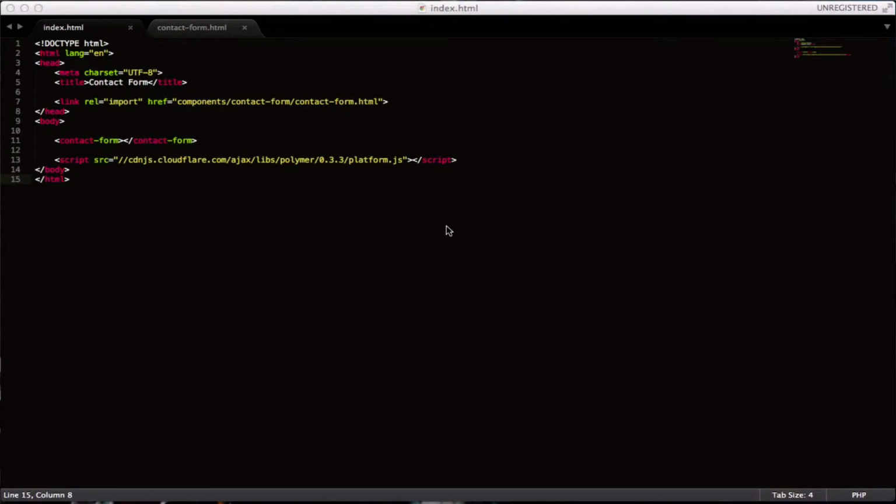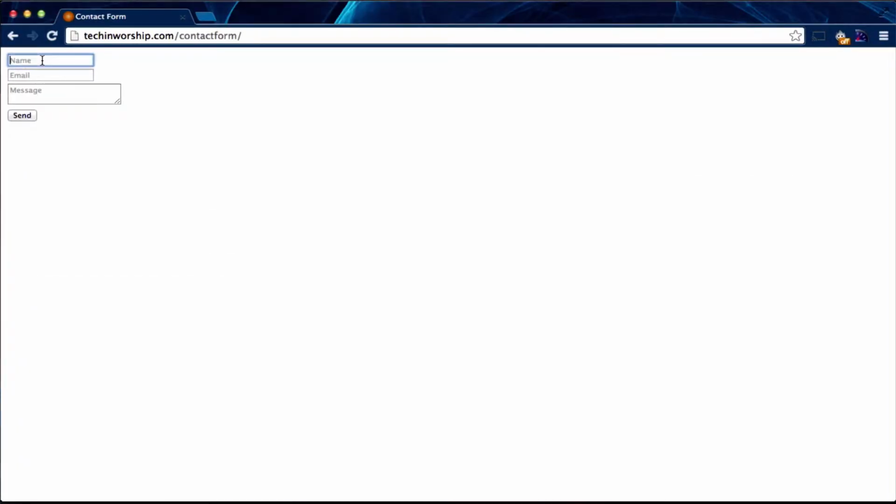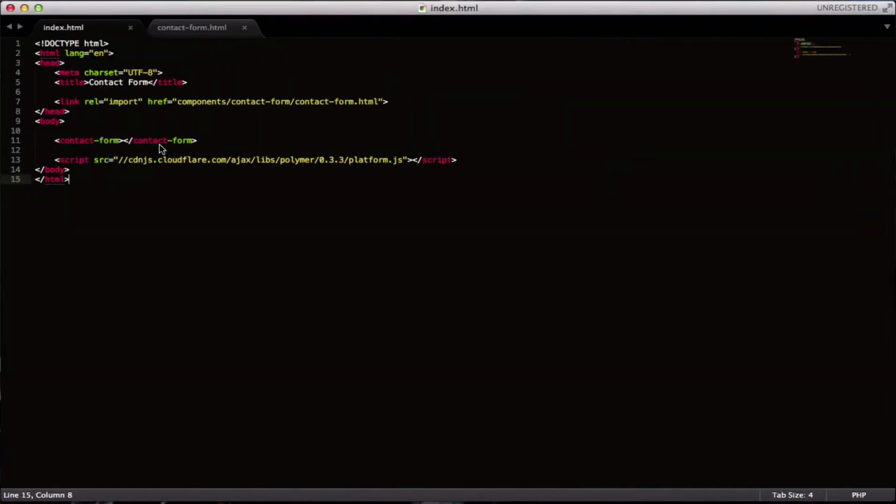Hey everybody, this is Matt from RhinoIO.com, and today we've got our contact form element that we've created. We've successfully rendered it to our index.html file. You can see here we've got two inputs, our message text area and our send button. So now what we want to do is hook it up with Ajax so that we can send the user's